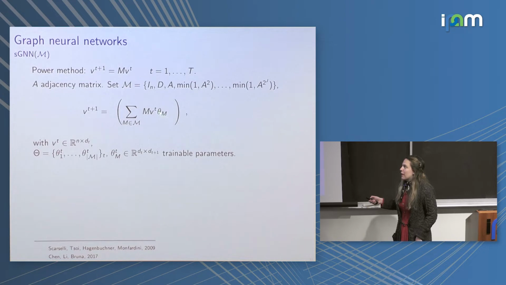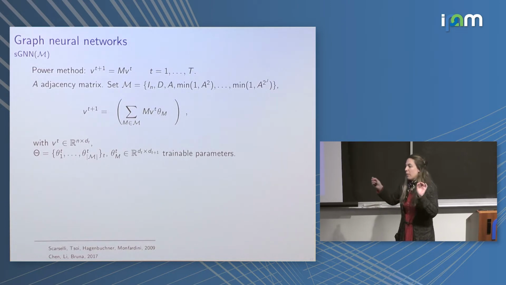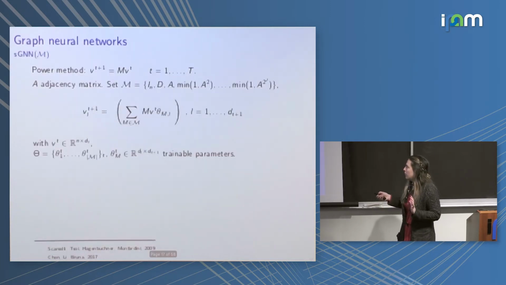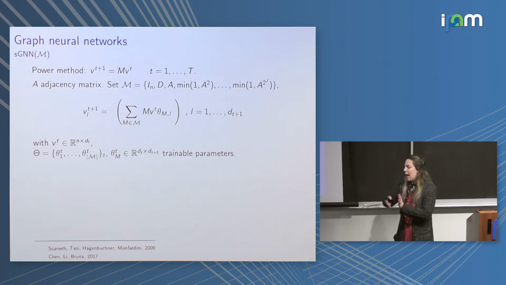And then there's going to be some coefficients that I don't know, that I'm going to learn, that are how I combine these operators coming from my graph. And this is just what it would be to be the power method for a linear combination of these operators, right? But then what they do is they augment this model to say, well, actually,